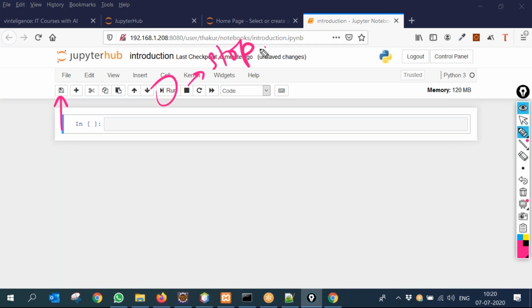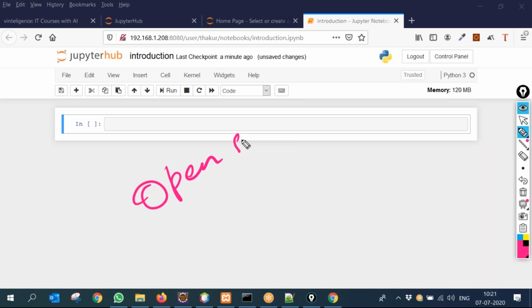What is this editor called? Is it a kernel or Jupyter? Jupyter. Hub is for multiple people. You can install it on your local machine, but a lot of issues are there. Windows is a highly unstable system, so you cannot do anything meaningful in Windows. This is open source.